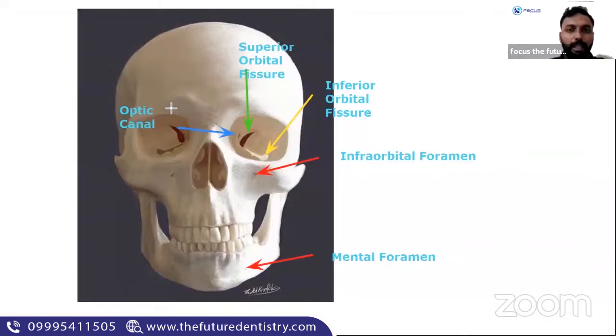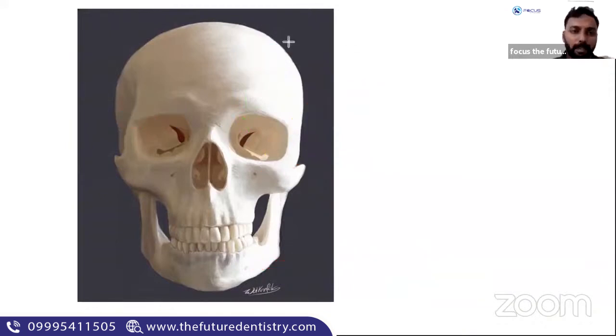So recognize these foramens, fissures, and there should be ideally one more foramen in this area. Can any one of you tell me there is a foramen which is supposed to be here? Which is that foramen? Supraorbital foramen. There is a notch and a foramen in this area, through which basically the supraorbital vessels and nerves come out. So I think almost all the major foramens have been covered.